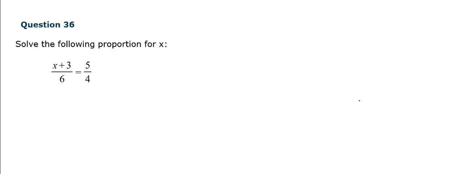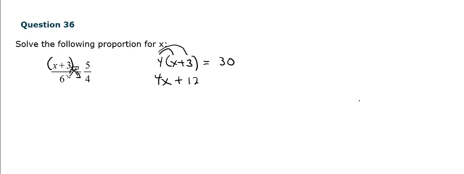And our last problem, here again I have a proportion, and since this is a binomial, I'm going to put this in parentheses. So I have x plus 3 over 6 equaling 5 over 4. So we're going to cross multiply again to solve. So we have 4 times x plus 3 equals 5 times 6, which is 30. So we're going to use the distributive property, multiply 4 times x, which gives us 4x, 4 times positive 3, which gives us positive 12,